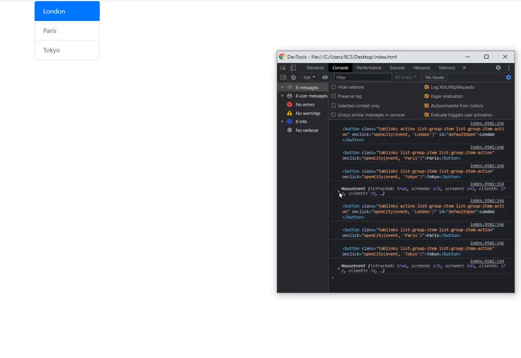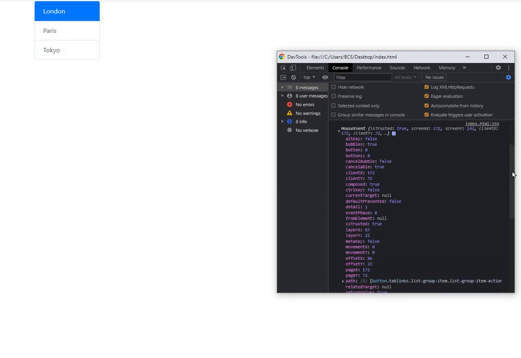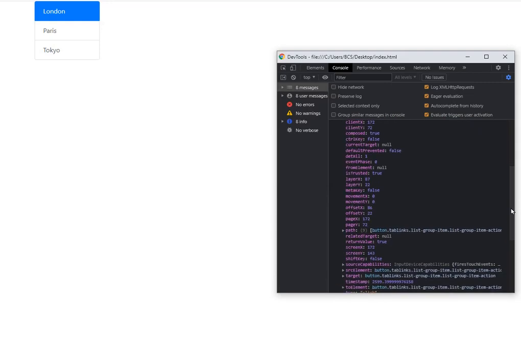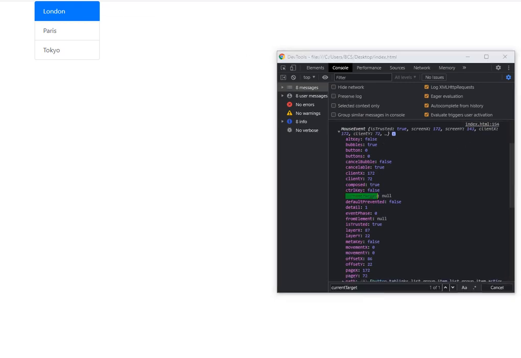Refresh this, click on the button, and you see on mouse event we have so many functions. In this you can find current target. Let's see where it is. If I search, you see this is current target. At present it is showing null.